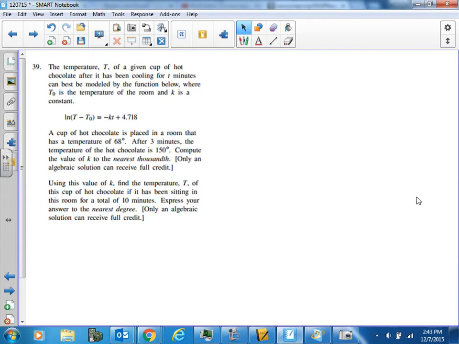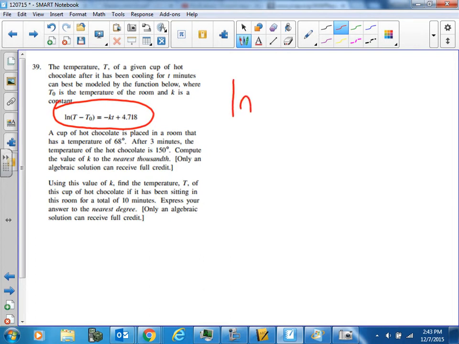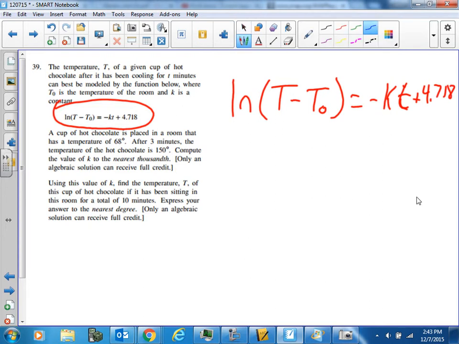All right, so let's look at this. We have an equation. I'm going to write this equation out a little bigger over here, and let's label what everything means. So we have the natural log, remember, that's log base e, of T minus T sub O equals negative K times t plus 4.718. All right, now we have, remember, the big T stands for temperature